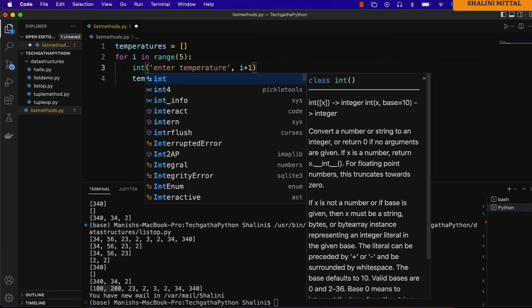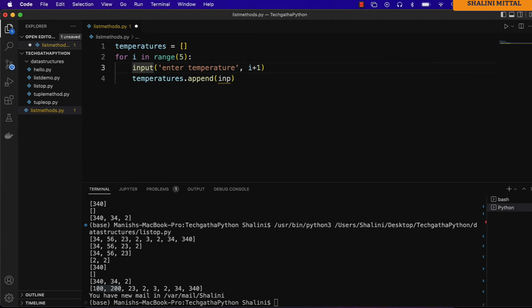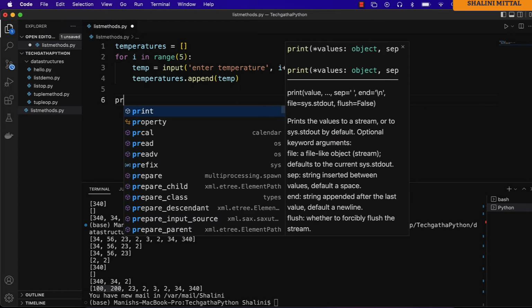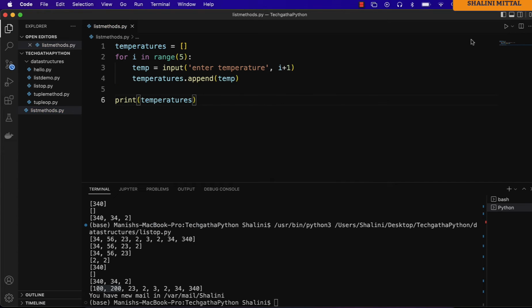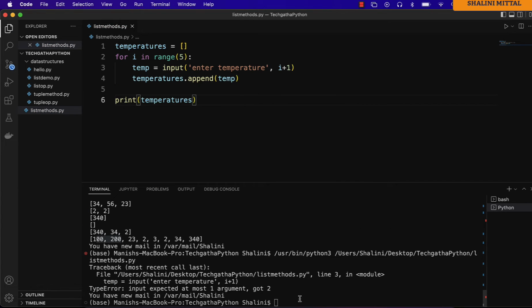So I'll say here temp equal to input, and I can put the value in the list. I can then print temperatures. If you choose, you can use the for loop and print all the temperatures. So sorry, this will be